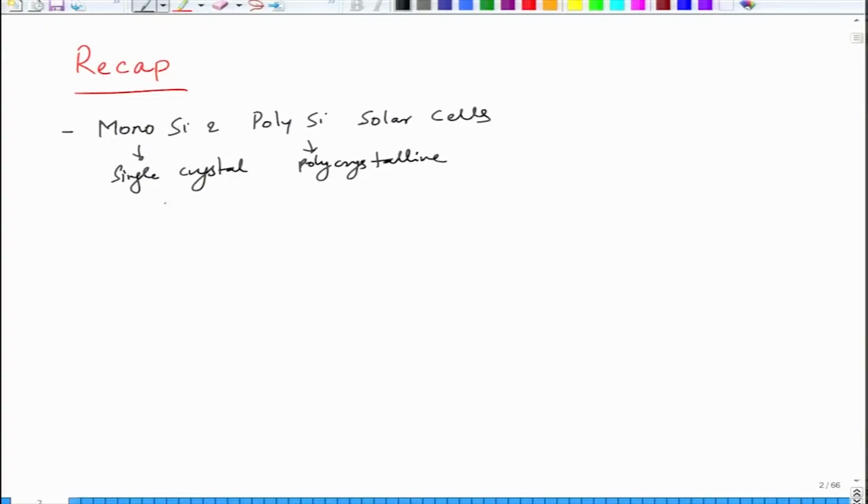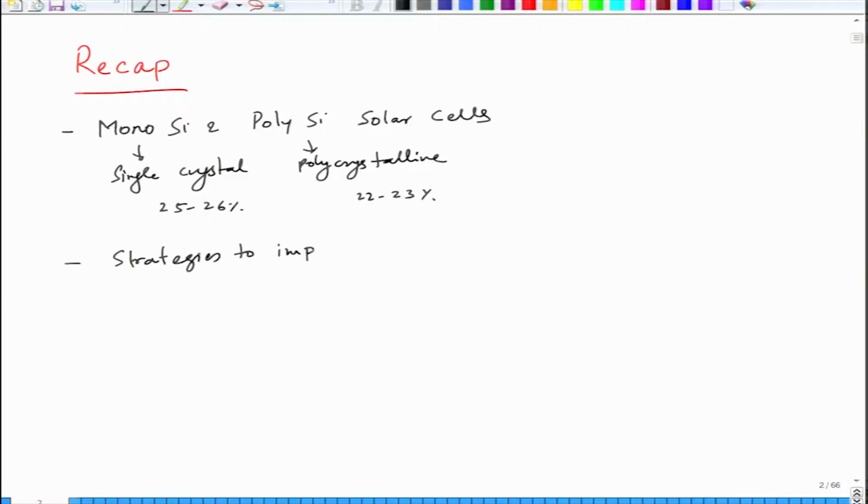In this case we have efficiencies of 25-26%. In this case we have the best efficiency obtained of 23%. However, they are not too bad given that there is a significant cost differential between the two. So, polycrystalline ones are cheaper than single crystals, and then we looked at strategies